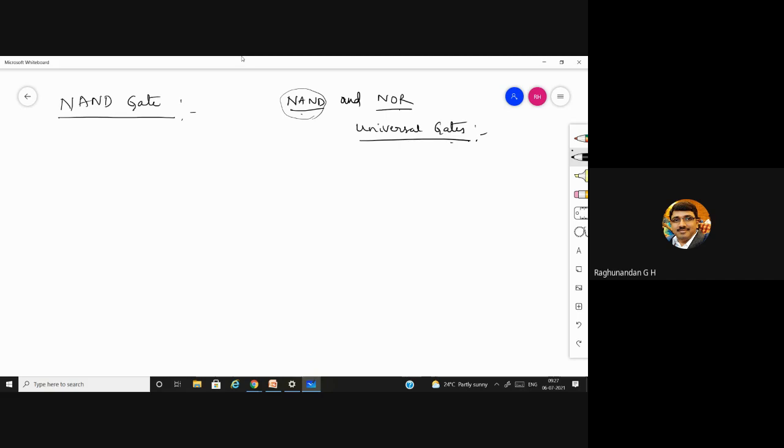So remember that these two are universal gates, and AND, OR, NOT are known as the basic gates because these are the basic building blocks of any other gates. That's why, because if you take NAND now, NAND is a combination of AND plus NOT. So these are the basic gates. When they ask you to write the circuit using basic gates, you need to use only these three gates. Okay. Let us see now.